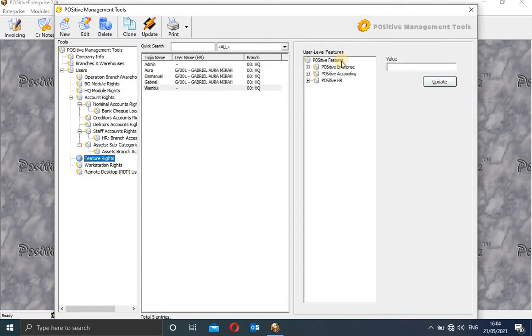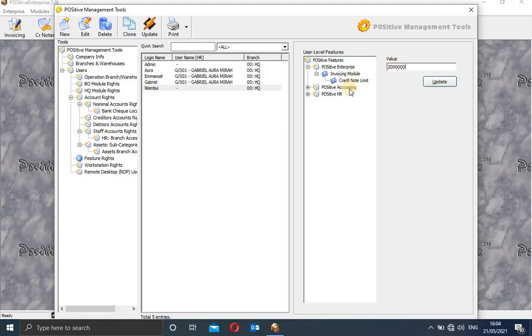So including also these other features, like we indicated, you can put a limit of the invoice value that one is supposed to raise, and even the credit note value one is supposed to raise. Maybe you can say I'm giving a limit of, let's say, 2 million, so that the credit notes raised by this staff are up to 2 million.